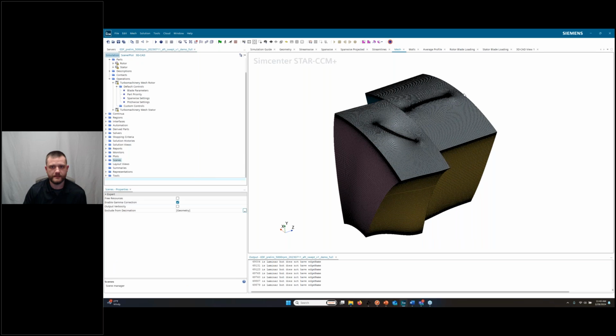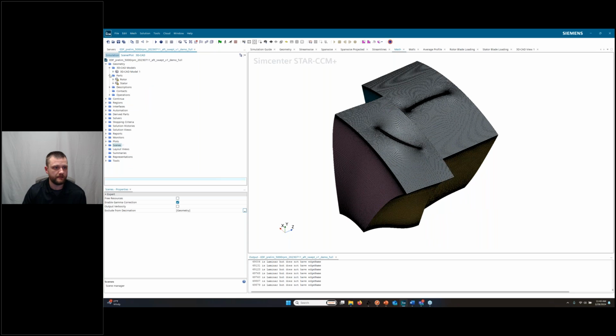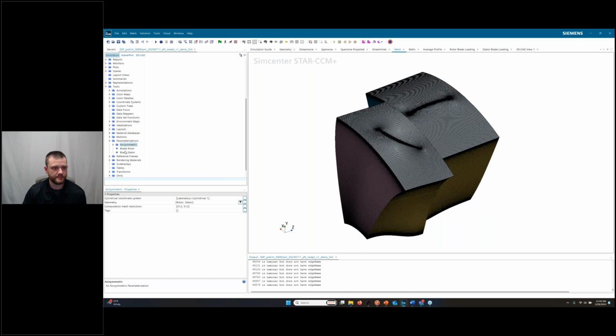What else do we want to show next? So we've run this. One other thing that we would need to set up is that parameterization we talked about, and that's set in our tools. If I go down to my parameterizations, we can see I have this axisymmetric parameterization, and this allows us to normalize the geometry for post-processing. So being able to view contours at different percent blade spans, different percent meridional directions, all of that.